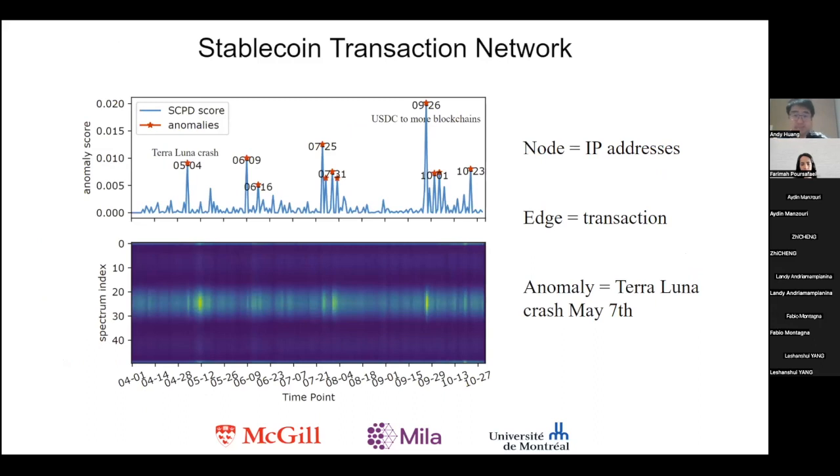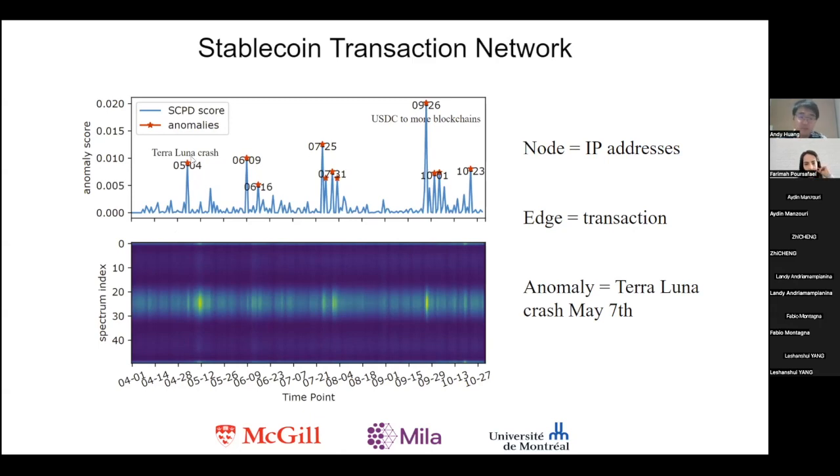And lastly, recently we have added one more experiment where we look at the stable-coin transaction network, whose dataset paper authors will actually be presenting at the Temporal Graph Reading Group next week. But here I have applied SCPD on this large transaction network, where the nodes are the IP addresses and the edges are the transactions between these nodes. And what's very interesting is that SCPD is able to clearly detect